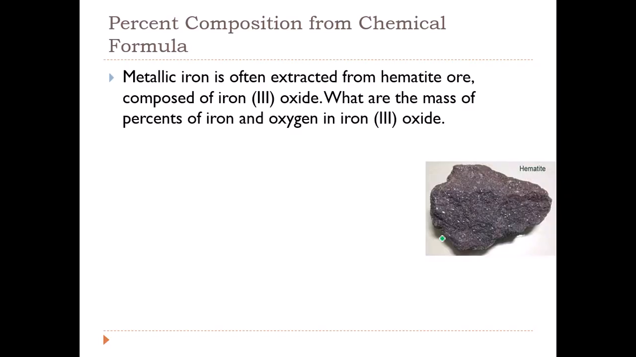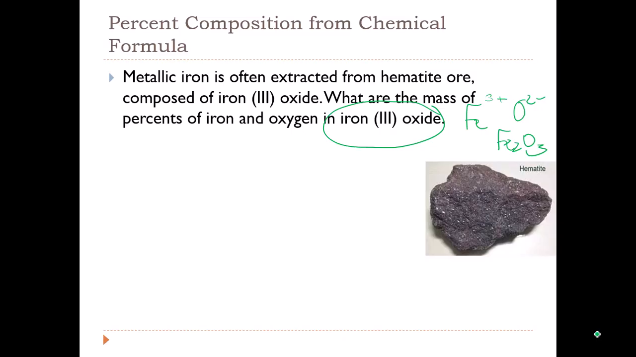Your turn. Metallic iron is often extracted from hematite ore composed of iron 3 oxide. What are the mass percents of iron and oxygen in iron 3 oxide? Pause the video, work through this, then come back. Okay, we need to know the formula mass of iron 3 oxide, so it might help us to know the formula of iron 3 oxide. Fe 3 plus, O 2 minus,